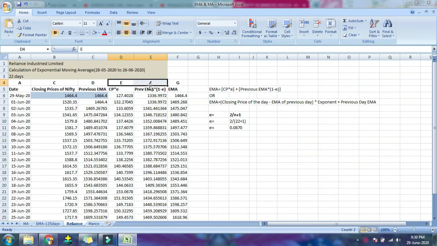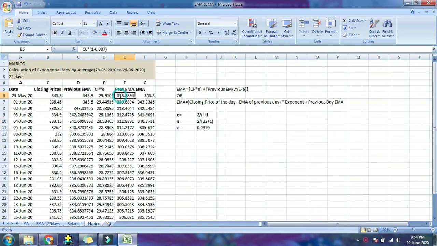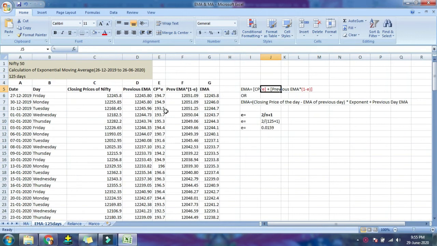Be careful here. The assumption, that is the two ways, assuming the closing price or assuming the moving average as your previous EMA, is only for calculating the first one. From the second onward, the remaining formula is just copy pasted, so you just have to take care of one thing, that is the previous EMA. The same is with Marico: I have the same formula, it's just copy paste. And also with the Nifty 50 index, same formula, everything, E plus F, same.